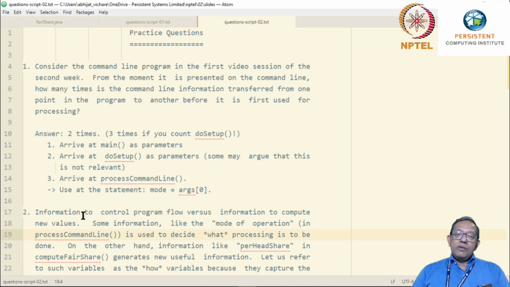Note that it would be useful to be explicit about how you count. For example, when you explicitly count do setup, but also note that it may possibly be disagreeable to some, then it's a very positive thing.